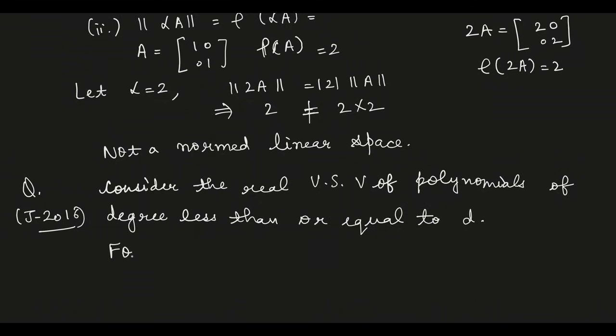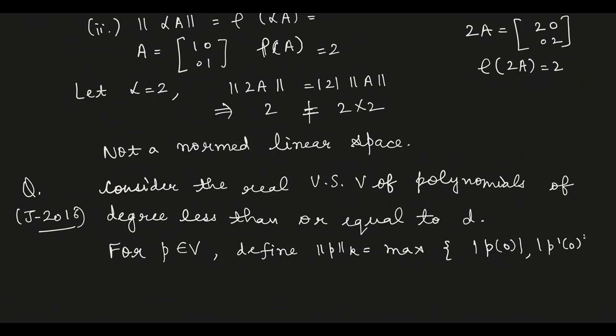For P belonging to V, P is a polynomial. Norm is defined as the maximum of mod of P of 0, mod of P dash of 0, and so on till mod of P k of 0,